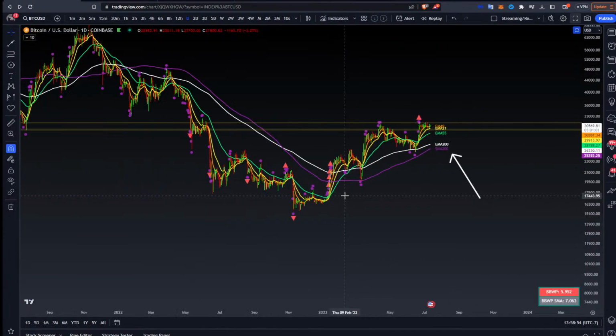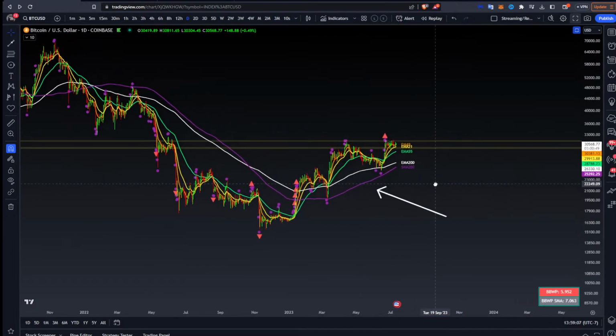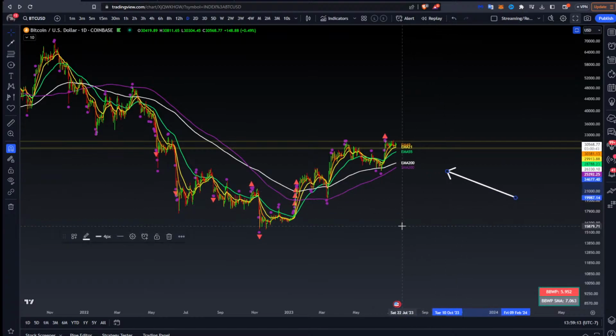I don't really have an opinion. I would say that this is more akin to, if you're going to make the comparison, the 18 into 19 time frame than not, in terms of the look on price, in terms of structure, and in terms of momentum and moving averages. So I hope that kind of clears up something that I had cryptically put into the Discord chat for some of you guys here,